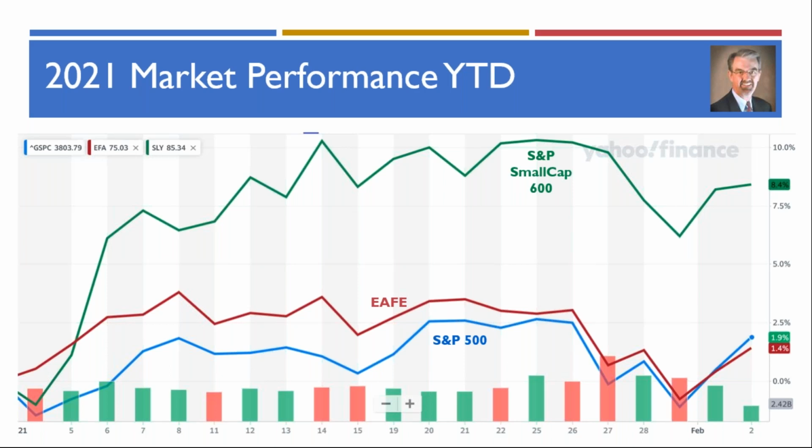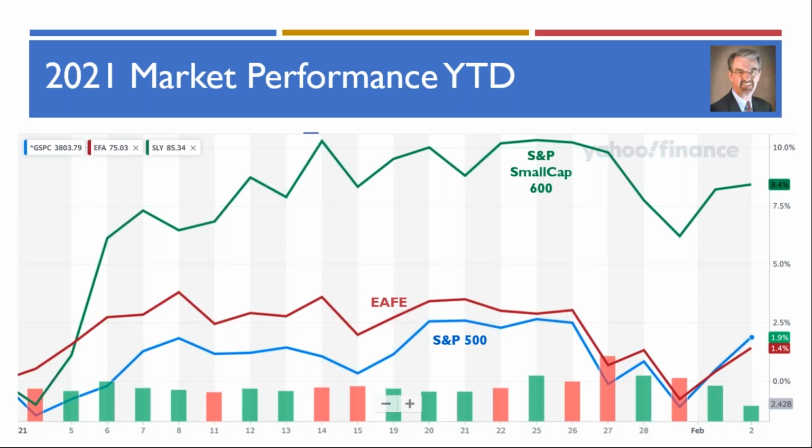And I love to see those small caps outperforming. They've had a couple of slow years. We've been in a long macro trend of large caps outperforming small caps. Fortunately, our small cap picks in our SmallCap Informer newsletter have been outperforming the S&P Small Cap 600 index in every time period. And so that's really great to see that we're pulling out the best small company stocks, and we're at least outperforming the index, even if we're not outperforming the S&P 500. And that's not our objective.